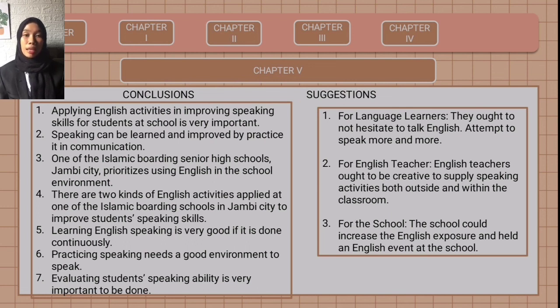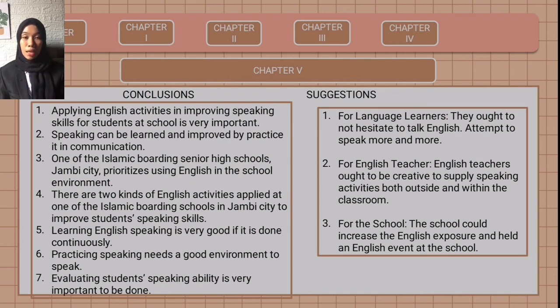5. Learning English speaking is very good if it is done continuously. 6. Practicing speaking needs a good environment to speak. 7. Evaluating student speaking ability is very important to be done. And then suggestion: 1. For language learners, they ought not to hesitate to talk English, and should attempt to speak more and more. Next, the student should attempt to find friends to have a conversation with. By practicing and continuing to speak English, language learners will master that language, especially speaking to communicate with other people